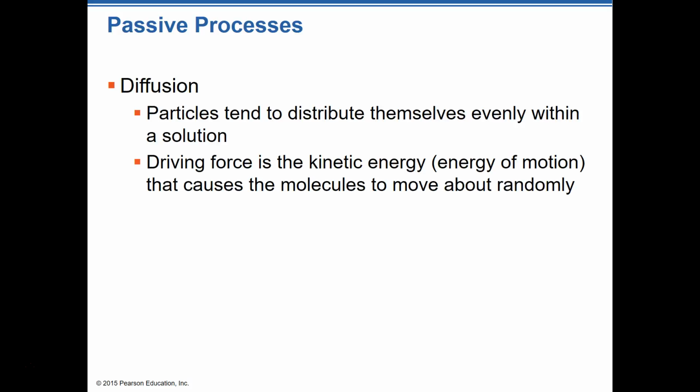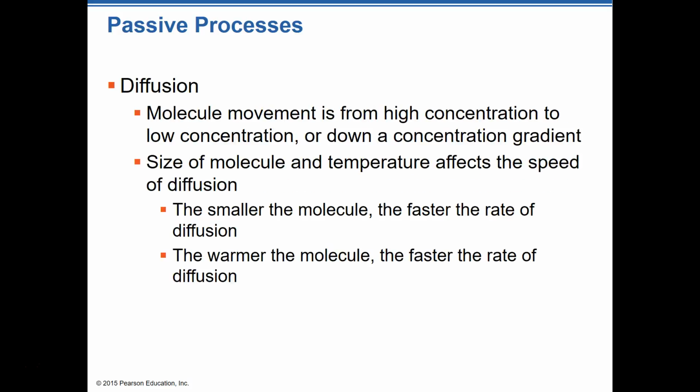Basically, what causes this to happen, how this works, is through kinetic energy, and it's that energy in motion that causes those molecules to move about randomly. It's a whole science-y chemistry kind of thing to understand that kinetic energy that's there all the time. But just realize diffusion is that dilution down, that evening out of all the molecules to where they balance out. And what will happen is we'll have a molecule move from an area of high concentration to an area of low concentration, or what's referred to as down the concentration gradient.